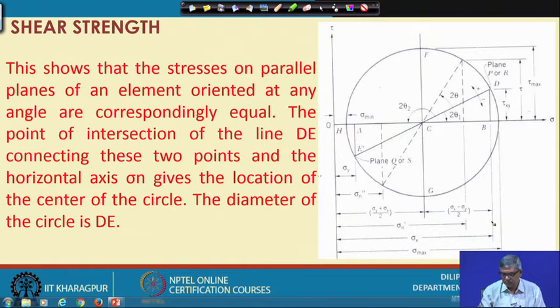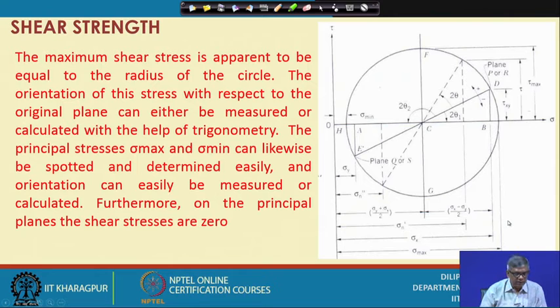Further, by observing this you can see the maximum shear stress is apparent to be equal to the radius of the circle. So, you can see